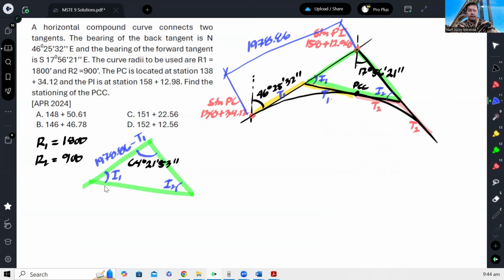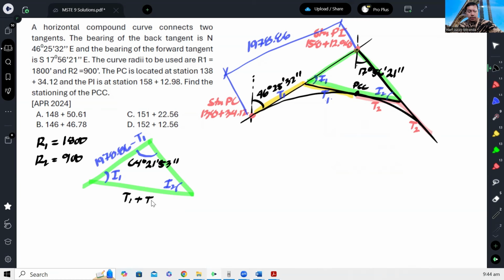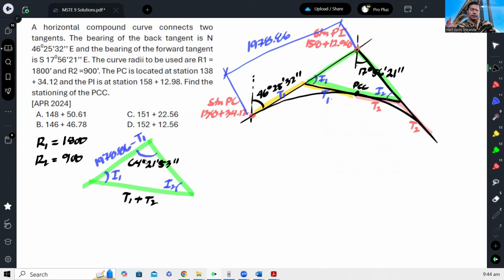Okay? So yun, no? Tapos ito naman, itong length na to is just T1 plus T2. Kasi ito yun. Yan yun, no? T1 plus T2 yan. Okay? So that's our first kumbaga